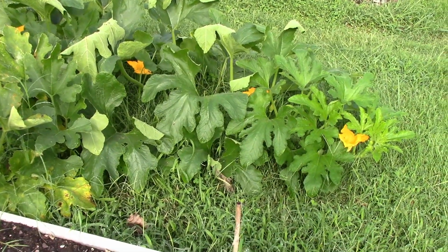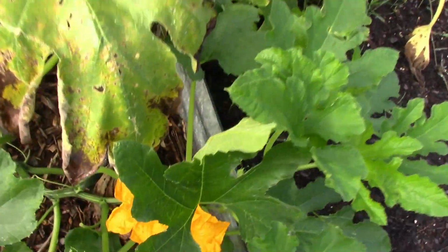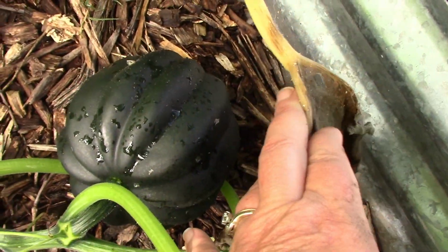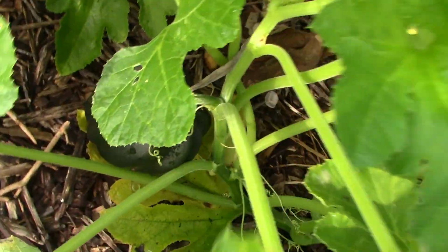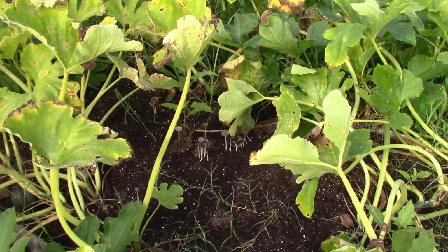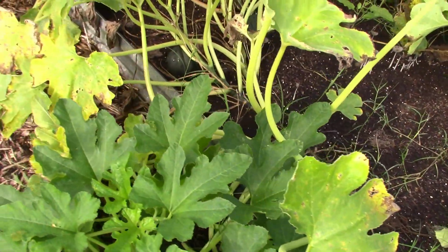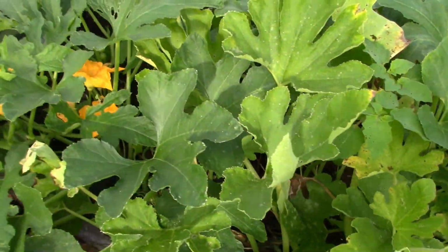Now, this is the bed of acorn squash that has wandered out to the yard. It's currently heading towards the chicken coop. These plants are about spent too, but they do have some really nice big squash on them. So we'll be pulling those. Yeah, there's a lot more in here. We'll be pulling those before too long, and probably pull these plants. We've got a few things that we'd like to get in for fall still, and that would be a nice long bed to...